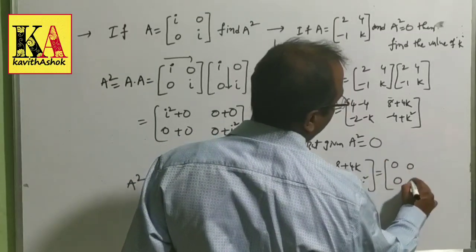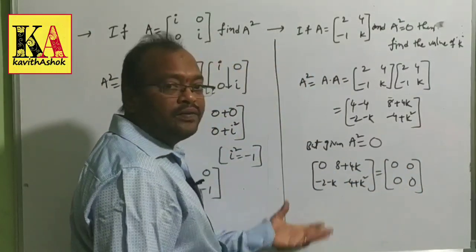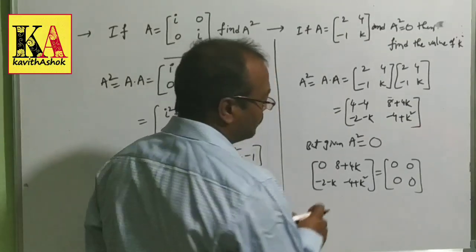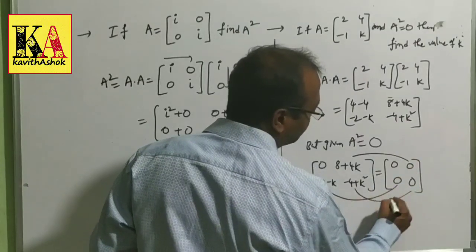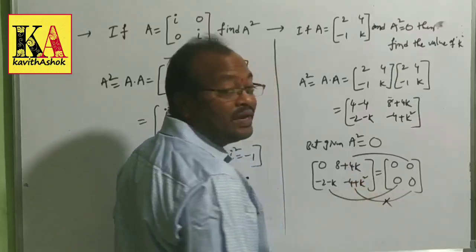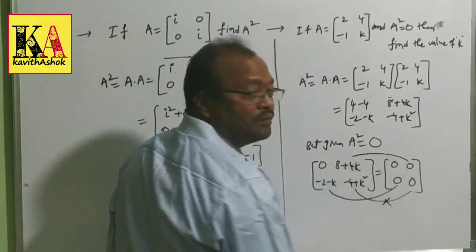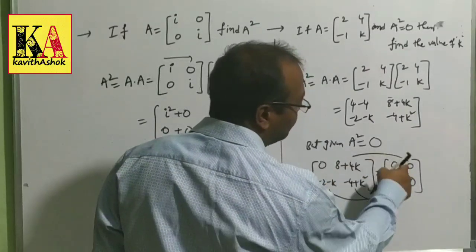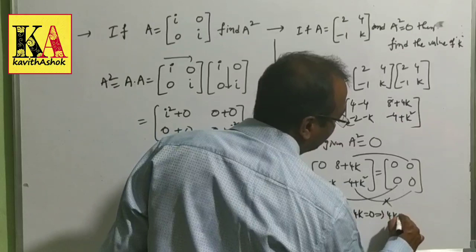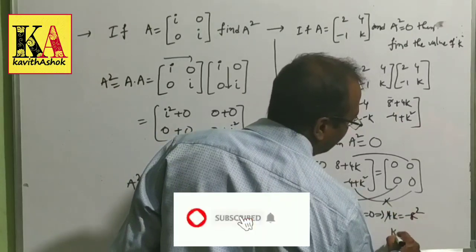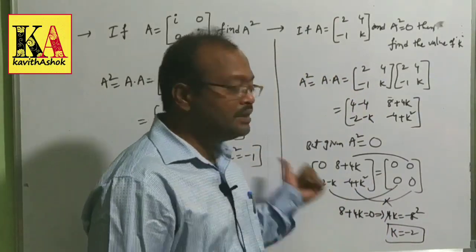So here I am taking a 2 by 2 zero matrix. O in the sense zero matrix. Here 2 by 2 is there, so we take 2 by 2. If 3 by 3 is there, we take 3 by 3. Corresponding elements must be the same. So 0 is 0. We will equate these two, or we will equate these two. But don't equate these two. Why? Because whenever a square is there, we can get two values, but only one value will satisfy. So always equate linear forms. So that's why I am equating A12 to A12. 8 plus 4k equal to 0, 4k equal to minus 8, four twos are eight, and k value will be minus 2. If we equate these two also, we can get the same minus 2 only. Like this we can calculate the answer.